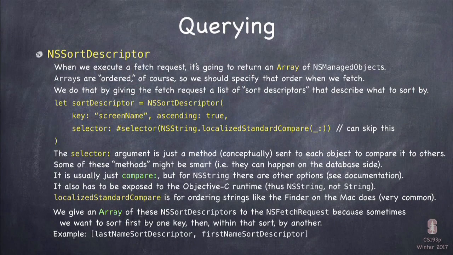Notice that when we do this fetch request, we don't just give it a sort descriptor. We give it an array of sort descriptors. That's the old sort by last name and then first name, right? So if we have 12 Smiths in there, we'll sort them, and the Smiths will be in the right spot, and then all the first names of the Smiths will be in order by that. So we can have as many of these. It's sort by one thing, subsort by the next thing, subsort by the next thing. Basically, we can break ties with subsequent sorting things. That's why we give it an array of sort descriptors. Everyone understand that? Okay? So that's the fetch request and its sort descriptors.